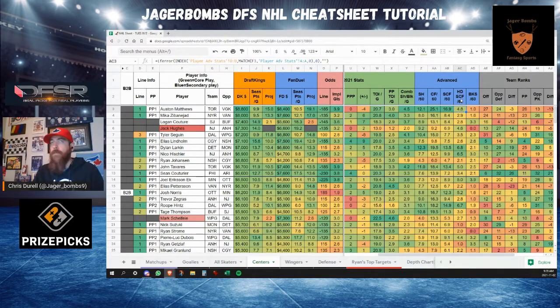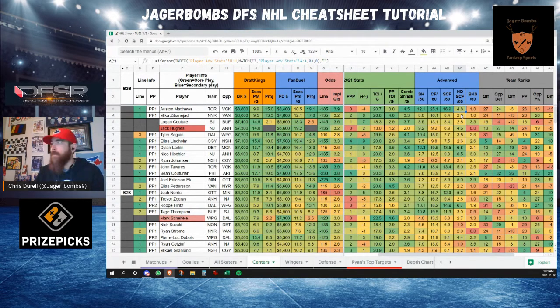And then I like to look at, for cash games, first of all, shot volume is king for me. Obviously, we're going to need points, especially on these big slates. But first of all, I look at the shot volume, and then I start digging into the scoring chances. And like I said, obviously he gets a lot of scoring chances with the amount of shots that he takes. But then for GPPs, I like to look at the high danger scoring chances, the guys that are going to be in front of the net, the guys that are getting their scoring chances closer to the goal and closer to the crease, which kind of ups their percentages and their chances of getting you goals, assists,